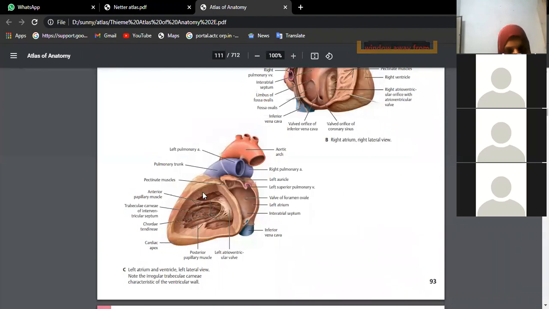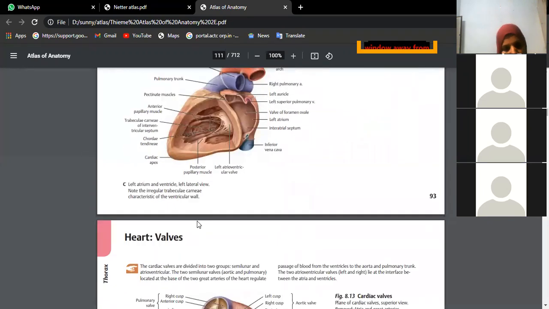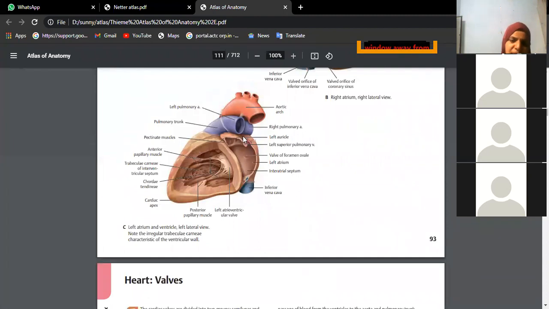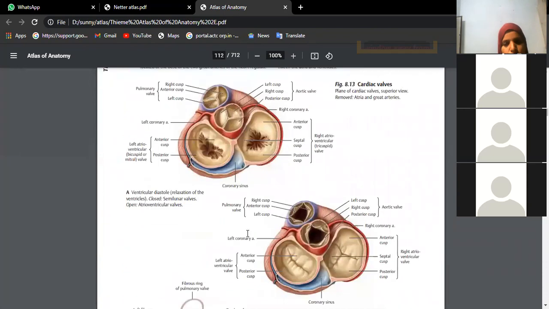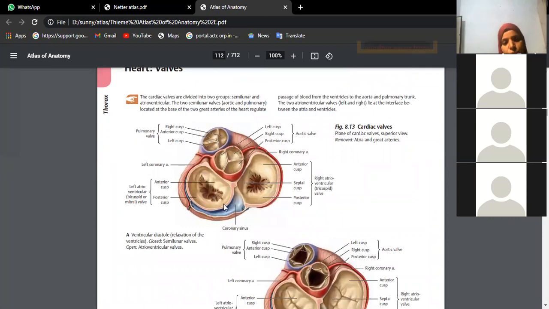Now see here. This is the opened up right ventricle. Is it right or left? This is again the left atrium and this is the left ventricle. Left ventricle, how many cusps? Mitral valve, we have only two cusps. That's why you are finding two cusps, ring, again chordae tendineae and papillary muscles. And the left atrium inside will be completely smooth because it has only the four pulmonary veins opening. Which will be very smooth, and these are all the valves which are shown here.